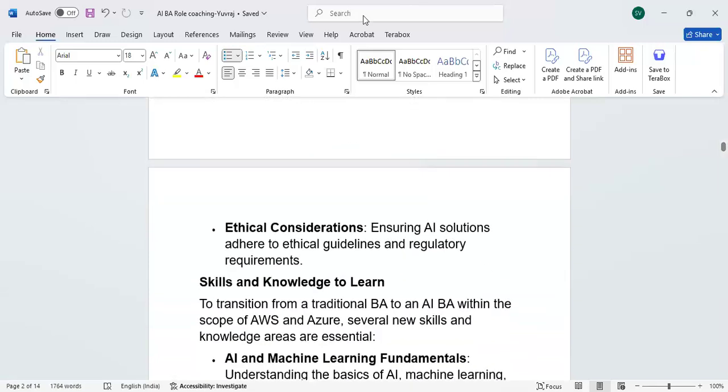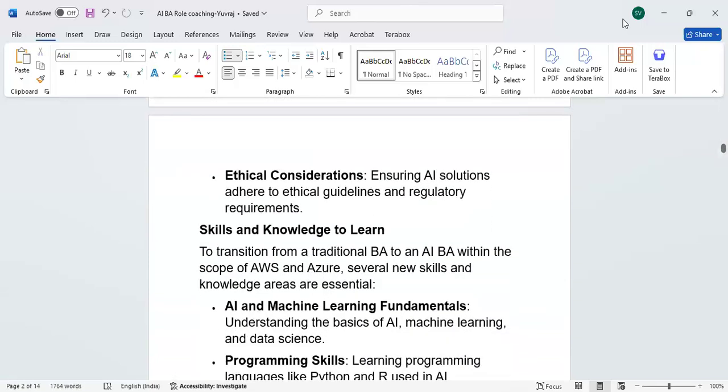Okay. Then ethical considerations: ensuring AI solutions adhere to ethical guidelines and regulatory requirements. See, AI needs to follow some kind of ethics also. There are ethical standards for each application that need to be defined under IT governance. During that time, they are going to address these ethical considerations.